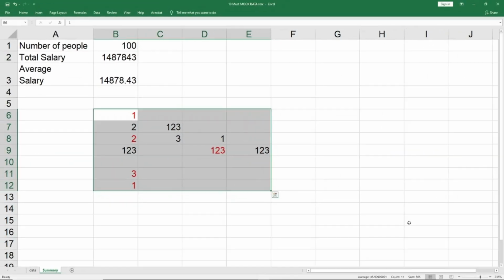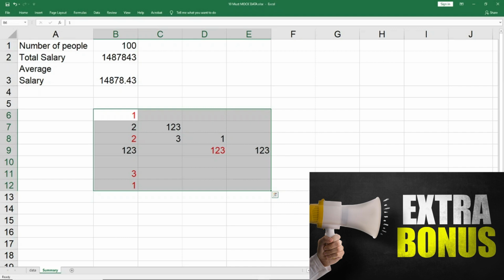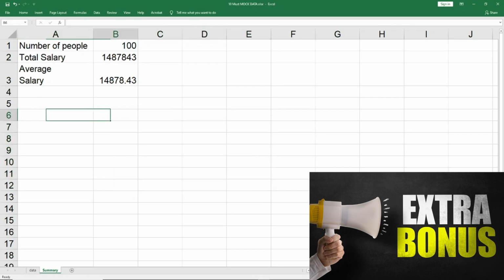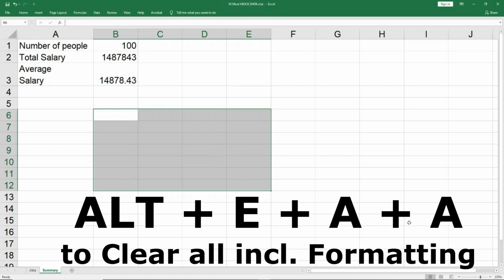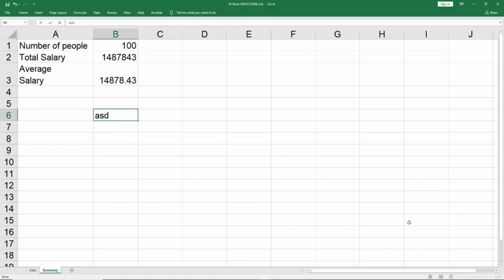One additional thing I would like to tell you here is when I'm cleaning the data, one way is I can select this and press delete. It will delete the data, but the formatting will not be cleared, which means if I come to this cell B6 and write anything, it will still be red because the last formatting known was that the color in this cell was red. So what I normally do is, let me undo. When I have to clear everything, I clear all. You can always use your mouse. I honestly don't remember where it is, but the keyboard shortcut is Alt E A A. Now everything is clean. So if I come here and write again, it is black because it cleared all the values as well as the formatting.